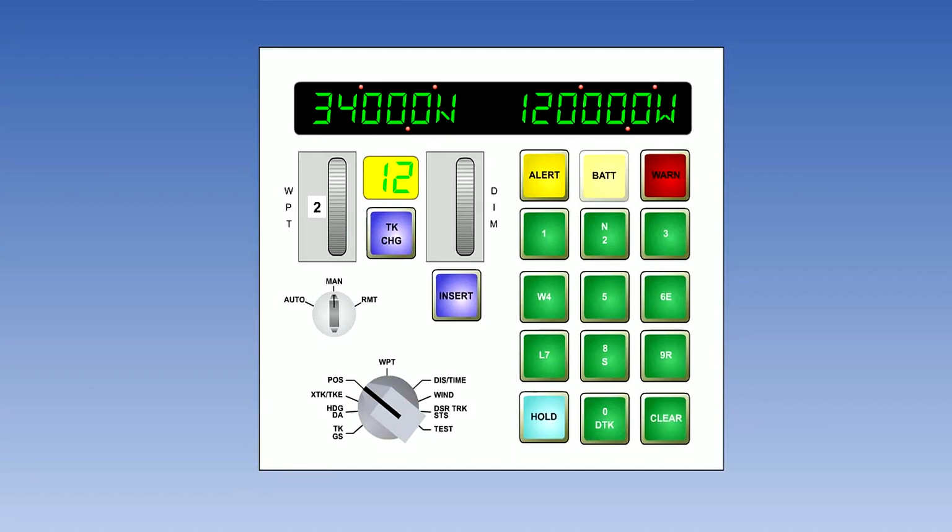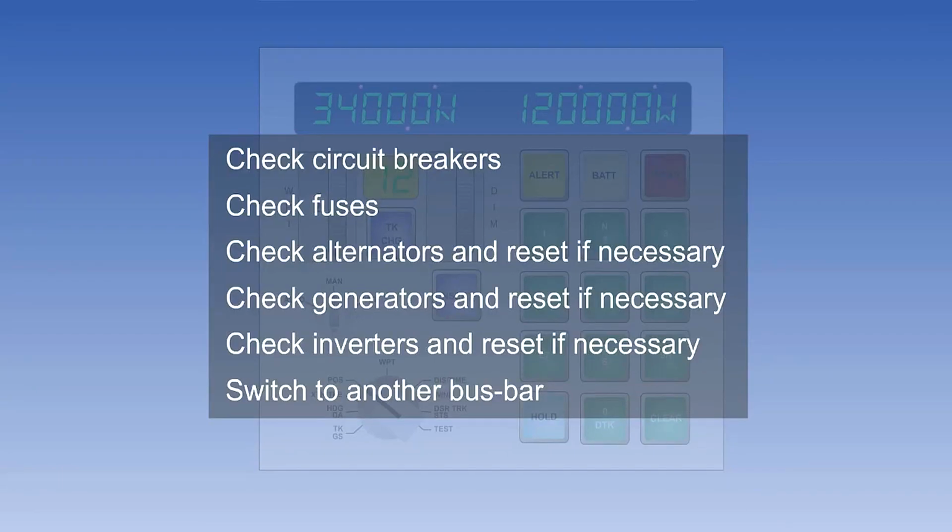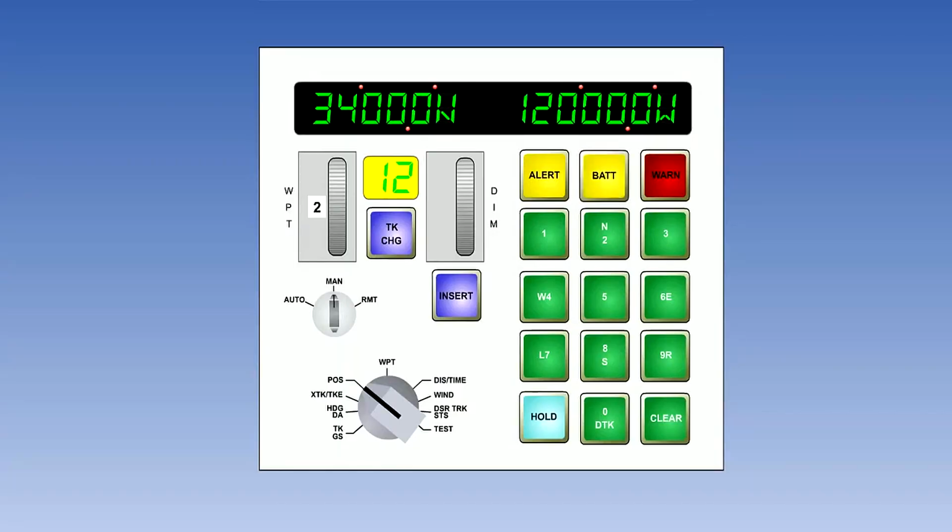The battery will last for a reasonable period of about 20 to 30 minutes, during which time the crew should attempt to reconnect aircraft main power. There will be a fault-finding checklist which will vary from aircraft to aircraft, usually along the lines of check the circuit breakers, then check the fuses, then try resetting failed alternators, generators and inverters, and finally try switching to an alternative bus bar.